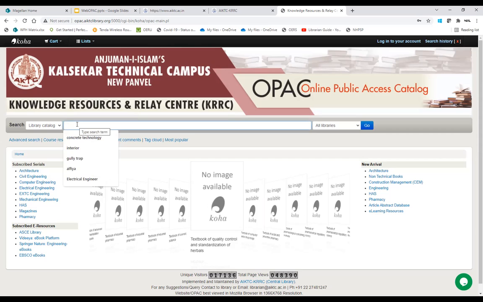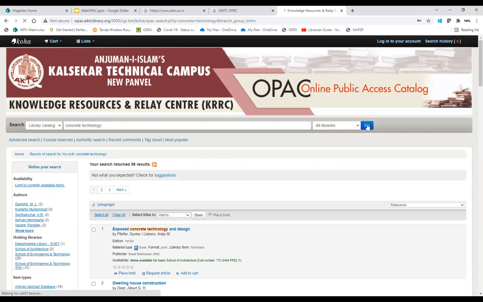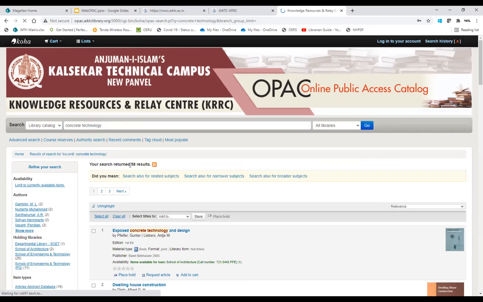So I'll just type concrete technology. You can select the libraries, as we have four different libraries: architecture, engineering, pharmacy, or let it be all libraries, and click on go. So there are a total of 58 results which cover concrete technology.